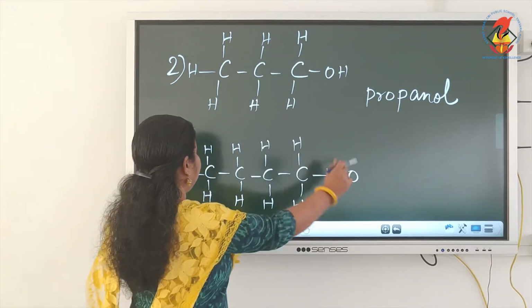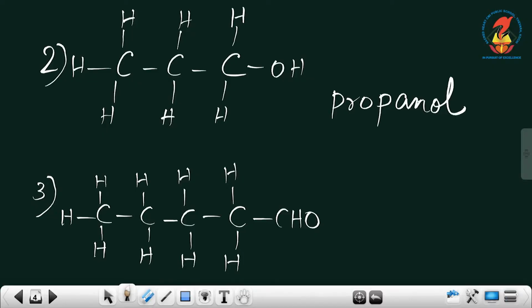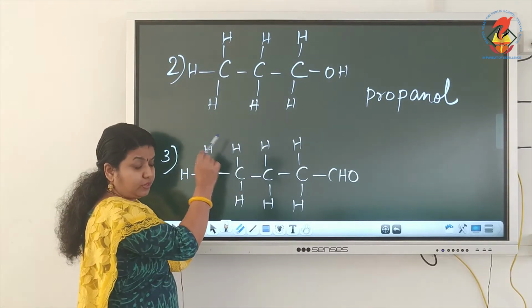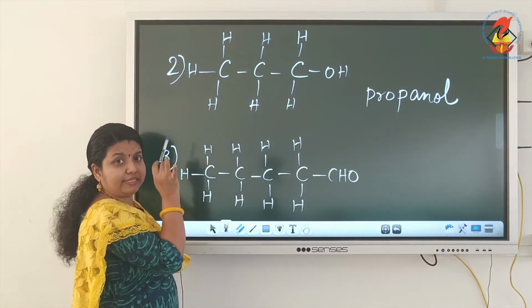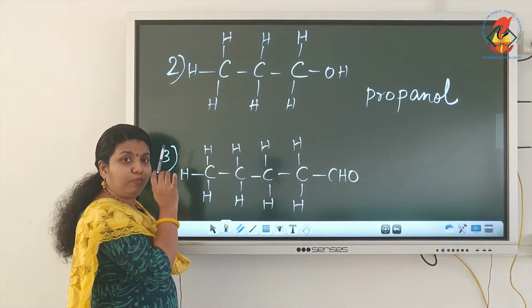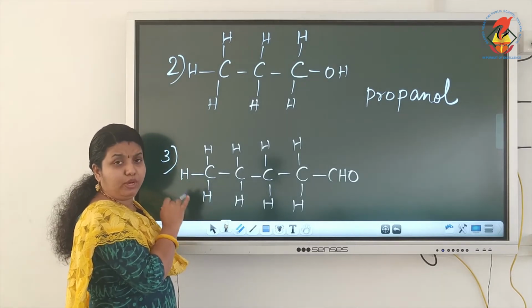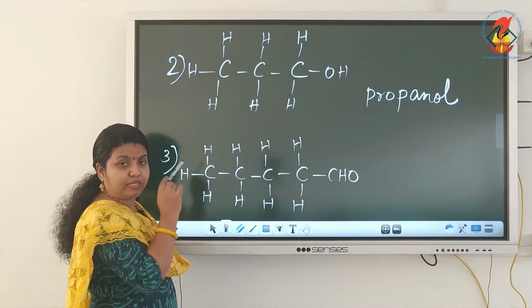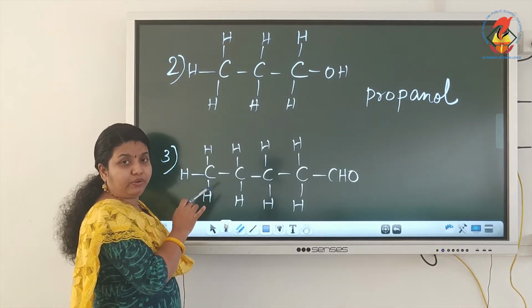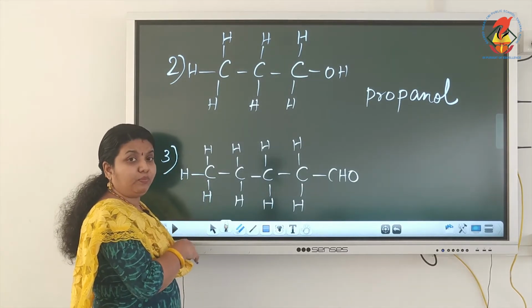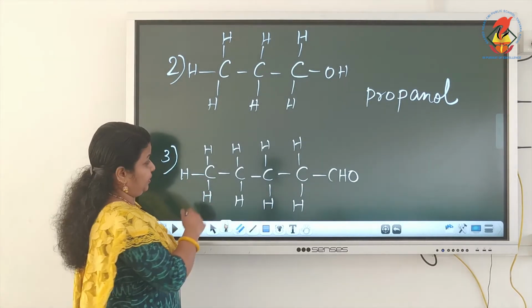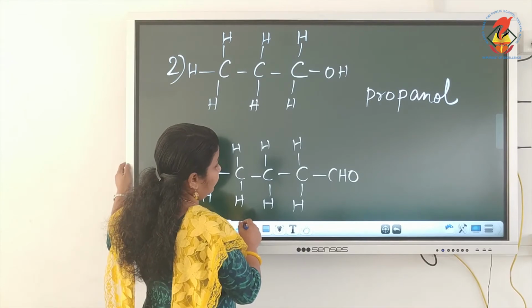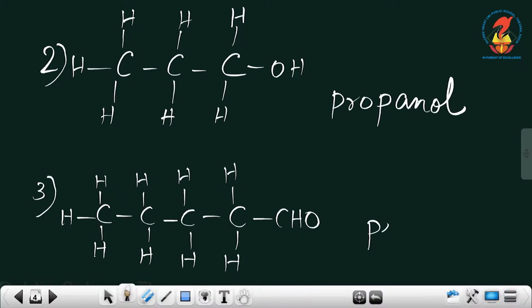Okay. Now, look at the next compound. How many carbon atoms are there? You have to see aldehyde, carboxylic acid and ketone. The functional group also contains a carbon atom. So, you have to count those carbon atoms also. The carbon of the functional group CHO, CO and COOH should be taken into consideration. So, total how many carbon atoms are there? 5. 5 carbon atoms are there. Write it as pent.